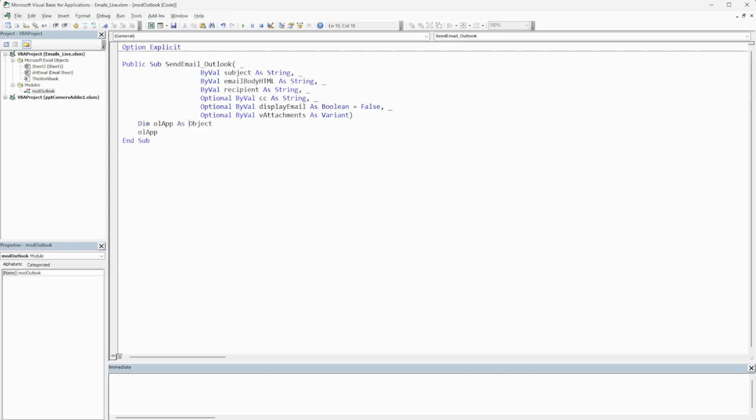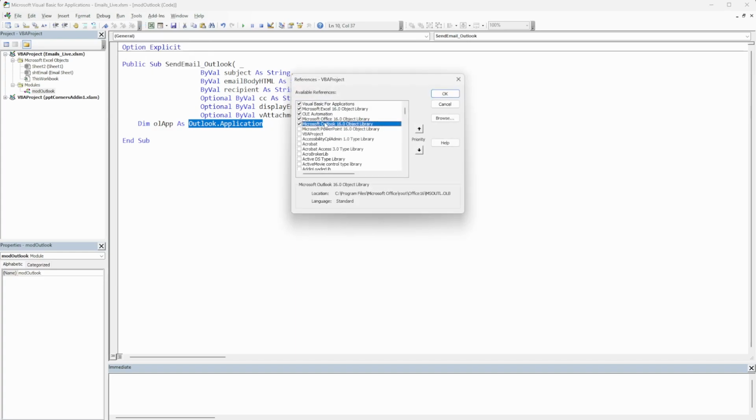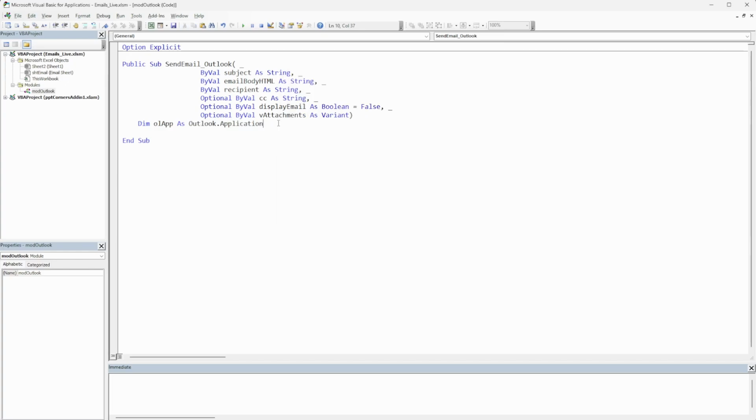If you use late binding, you lose all that IntelliSense, but your objects still interact with those different methods the same way. The reason you might not want to use early binding like this is because we need to have a reference to the Microsoft Outlook object library. If you send this to someone and they don't have this exact same version of the object library, then they're going to have issues with your code. By doing late binding, you don't need this object library enabled, and it will just automatically reference the information that it needs. So we'll just use early binding for this routine, and we're going to use late binding for the